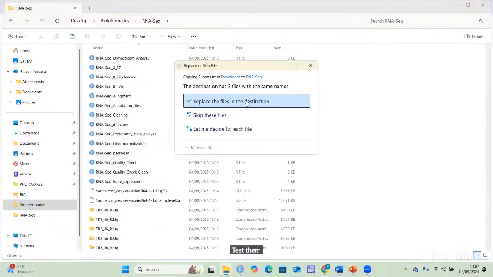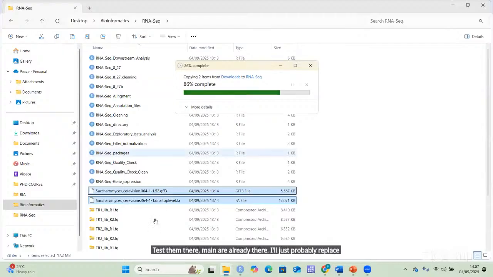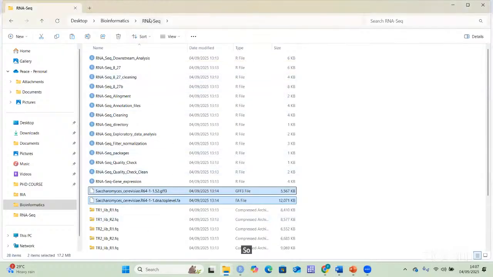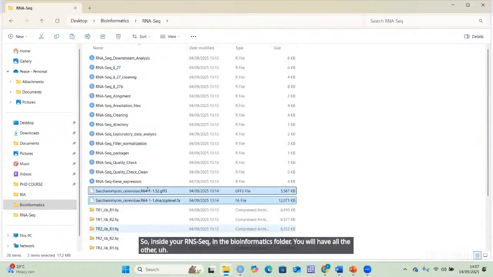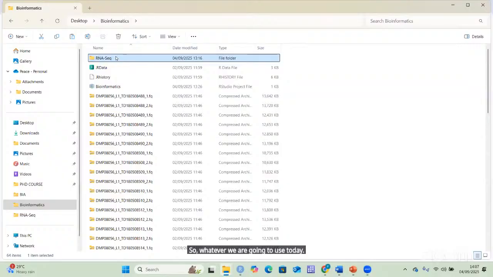Mine are already there. I'll just probably replace them, but they're already there. So inside your RNA-seq in the bioinformatics folder, you will have all the other files that are in there, including the 2 that you have downloaded separately. So whatever we are going to use today will be inside the RNA-seq folder, which will be inside your bioinformatics